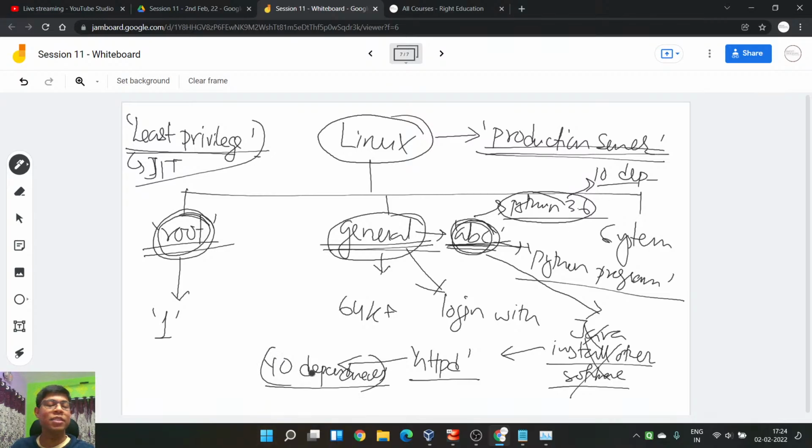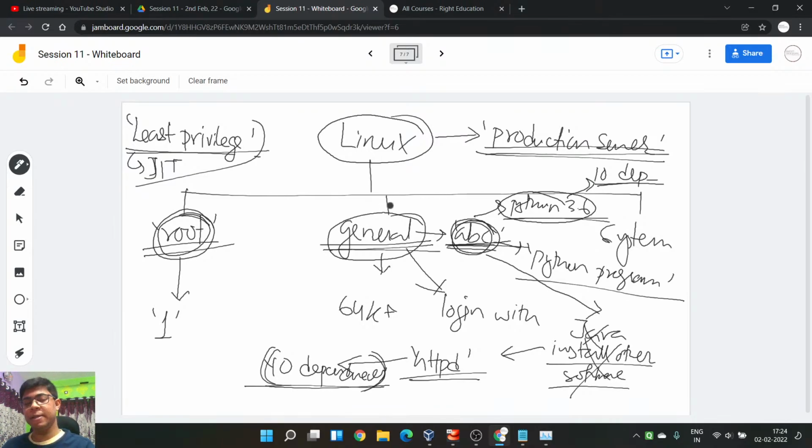So in that case, either Python will stop working or HTTPD will stop working because of this conflict. Let's say we have one software, abcdefg.rpm, and here also we have abcdefg.rpm, but a version issue can come up. So there are tons of things that might happen.